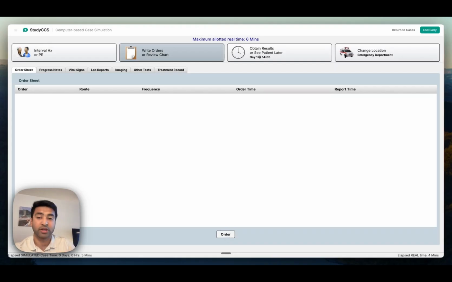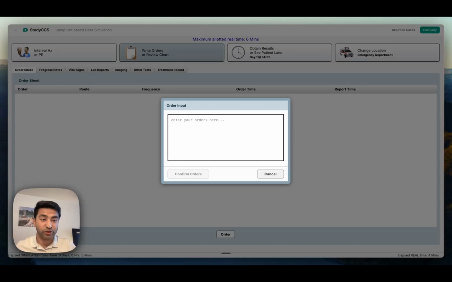The way orders work is, orders are the most important thing. I'm going to hammer this home, and I really want you to understand this. Your orders matter. Just like whenever you're admitting a patient, if it's not ordered, even if you thought about it, you're not going to get points for it. And so, for example,